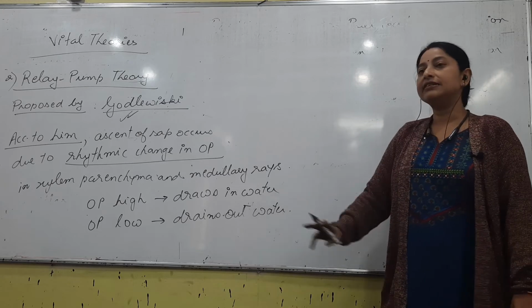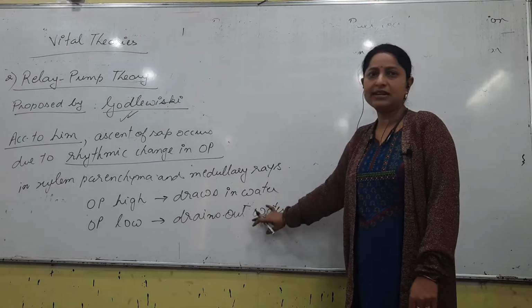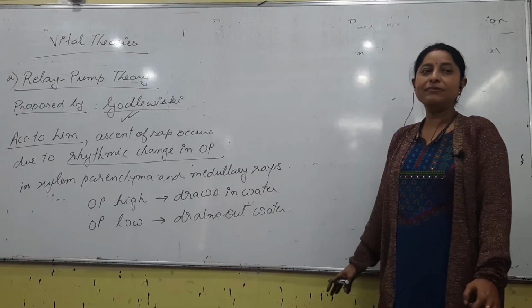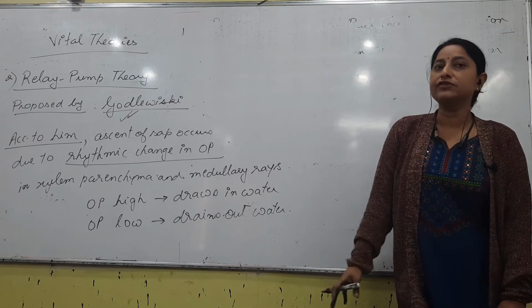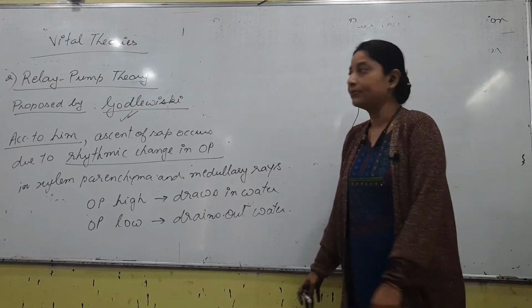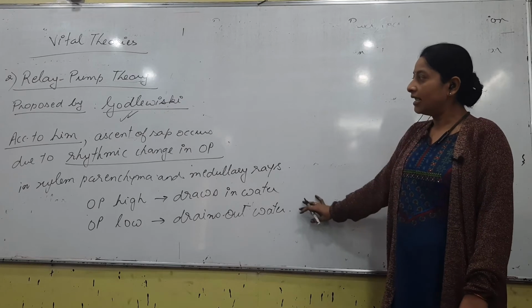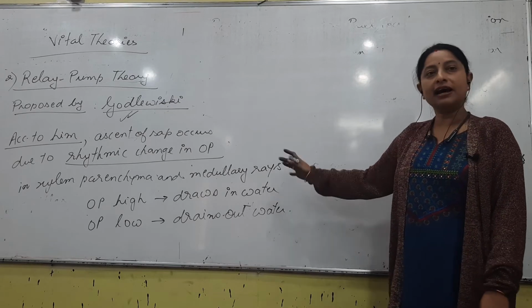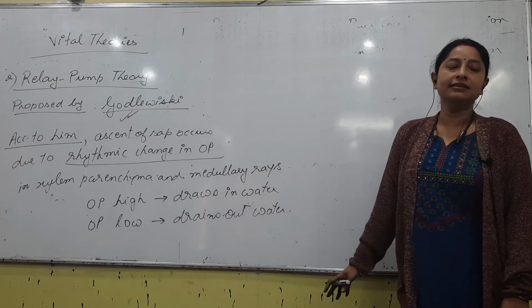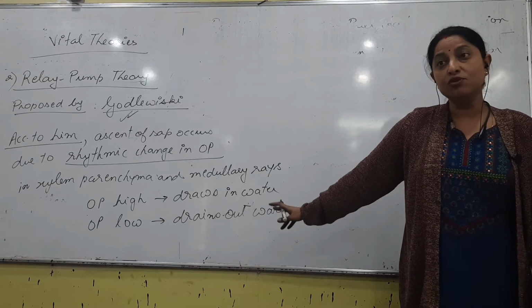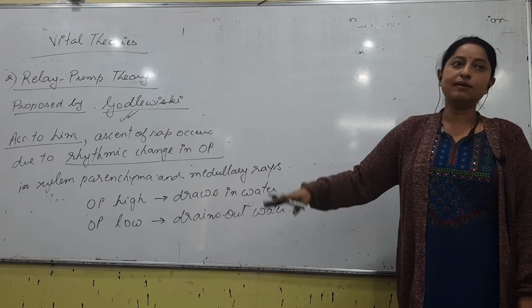Just read the sentence, if it's clear or not. This part is clear. I have already explained it. OP high means what? Solute more. If the solute is more, obviously the water will enter. Right? Again, correct. But again, the drawback is even if these cells are removed, in spite of that, ascent of